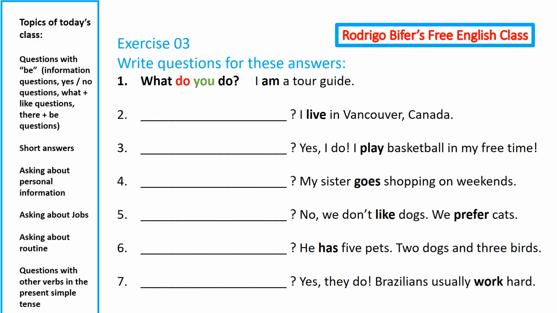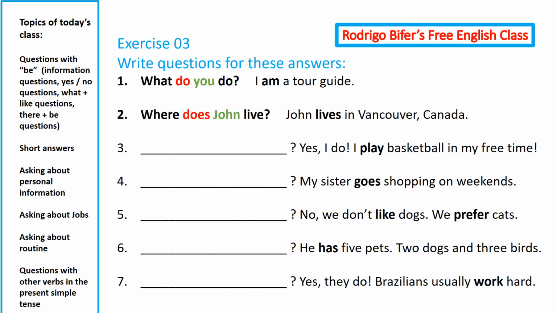So I live in Vancouver, Canada. Eu moro em Vancouver, no Canadá. Eu vivo em Vancouver, no Canadá. Eu moro, I live. So what question word and what verb do you have to use? The verb live. And the question word is where, of course, because you're asking about a place. I hope you got this right. The question is,